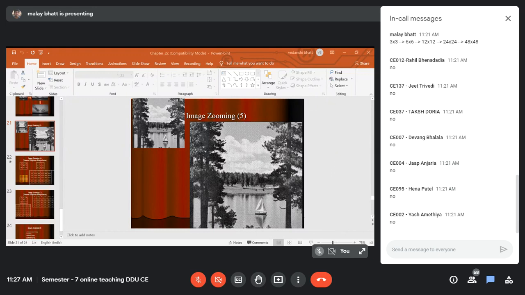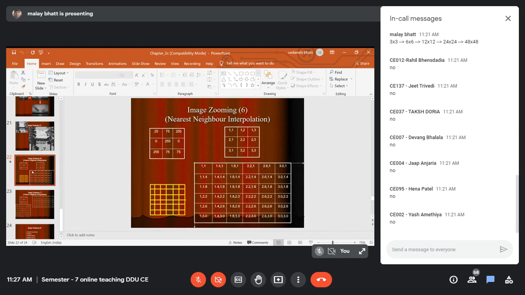So the next one is nearest neighbor interpolation. Basically you can see that in this nearest neighbor interpolation, originally we have 3 points. We have 3 values, 1, 2 and 3. You can see the 3 columns, and we have 3 rows, right?